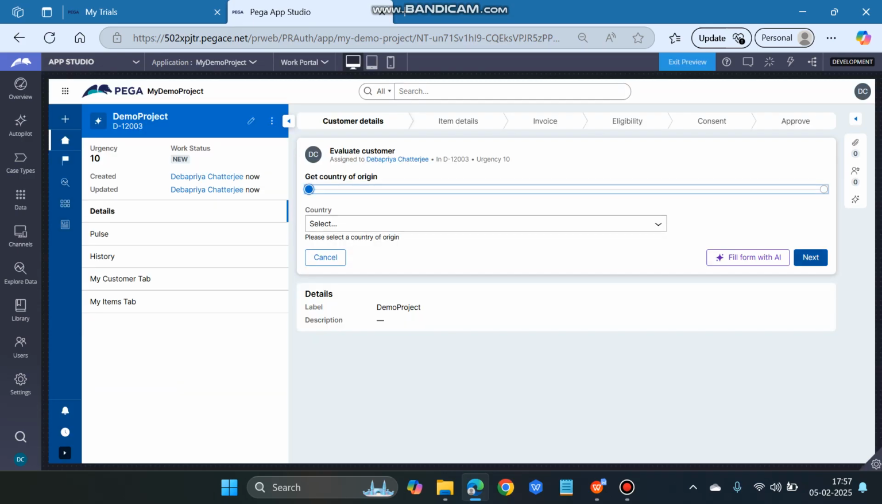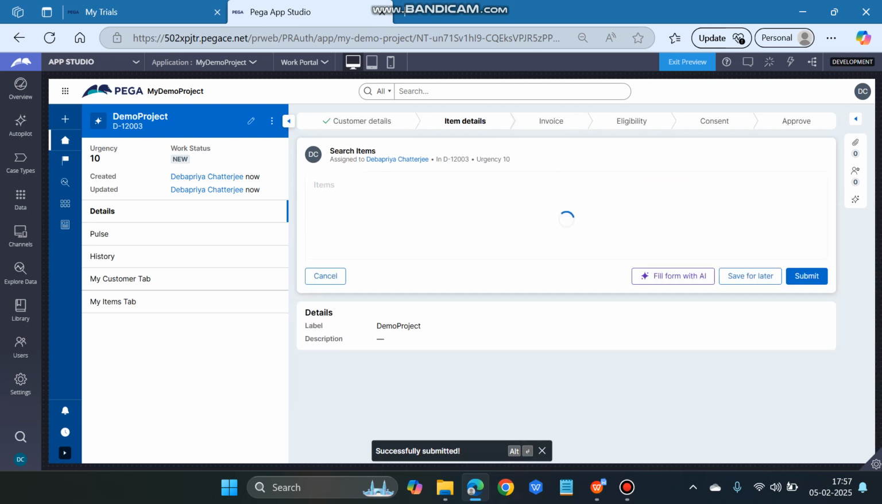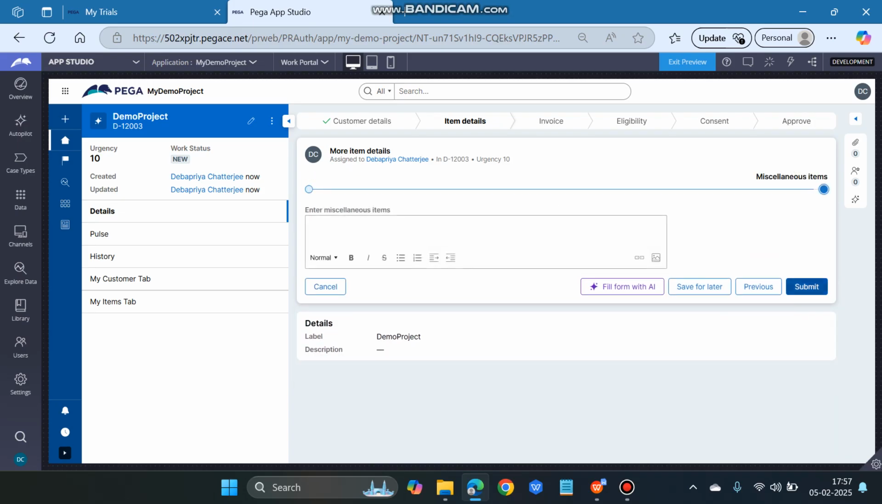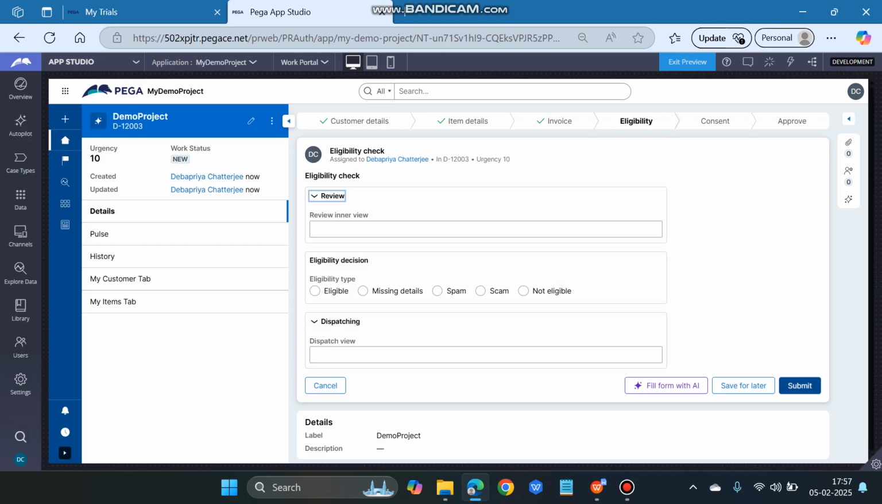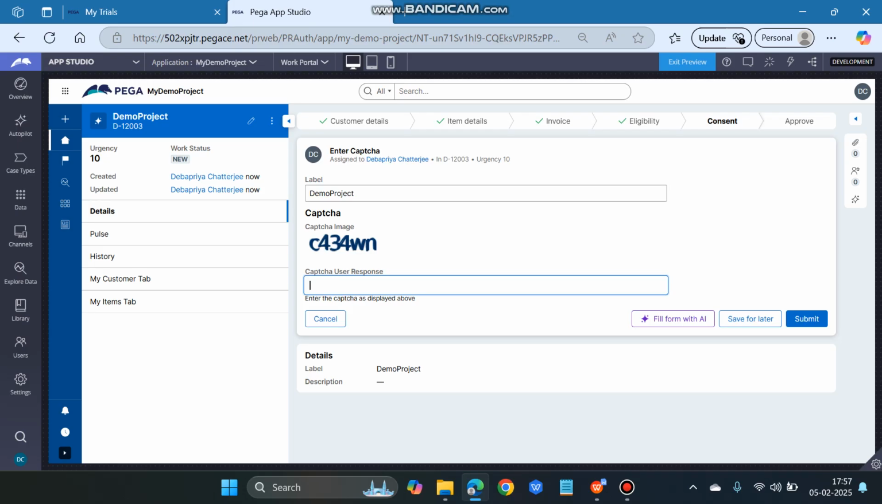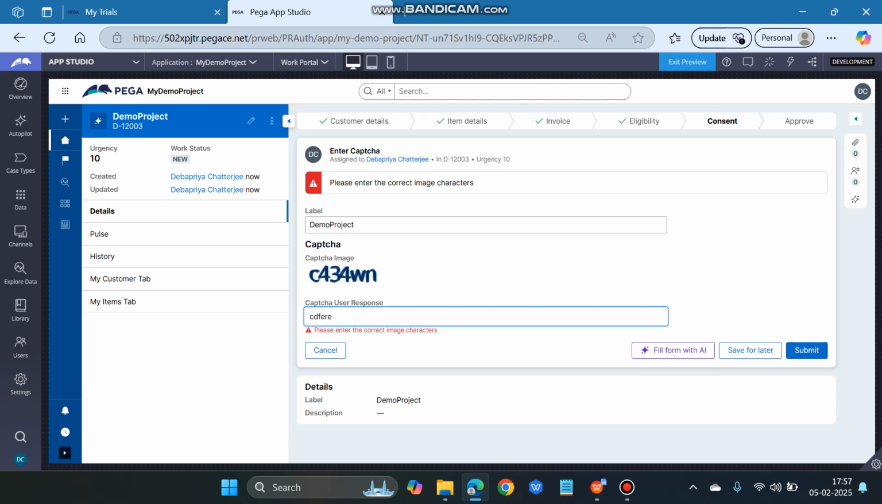these are not mandatory, so we can just click and go to the screen where the captcha details are. So here is the captcha. Now the captcha image is already generated from that activity, and now the user will give the response. Now if he or she gives the wrong response and submits, then it says please enter the correct image character. So we have to provide the correct image character, which is basically